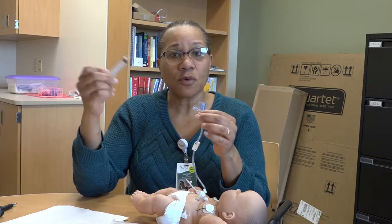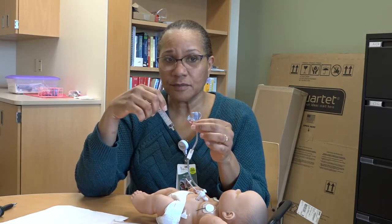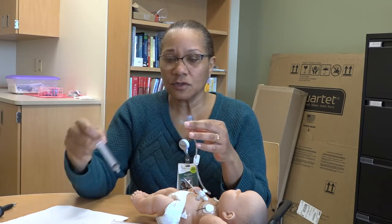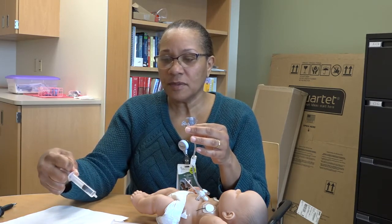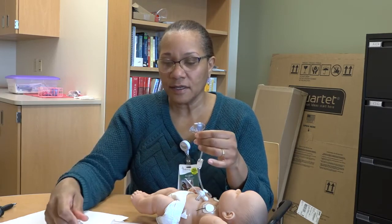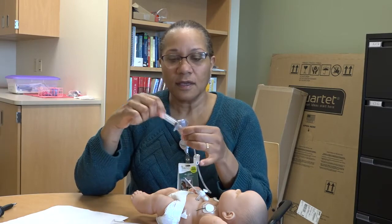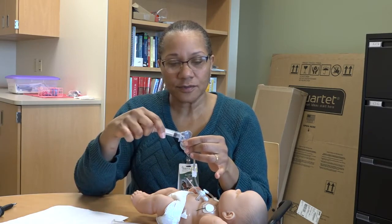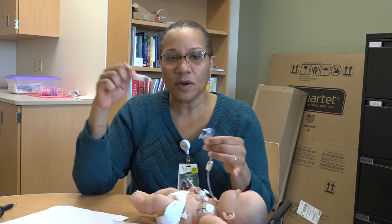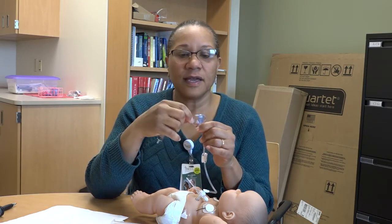And if there's more than one medication to administer, you're going to want to flush in between each one. So you can use a small amount of water, maybe 3 milliliters of water. Flush between that, then administer your next medication and put that in and do a little bit of water flush, okay? And the reason why you don't want to mix your medicine with your feeding is that we don't know